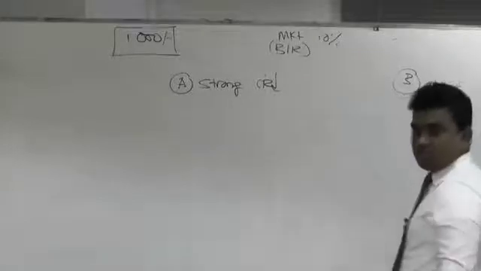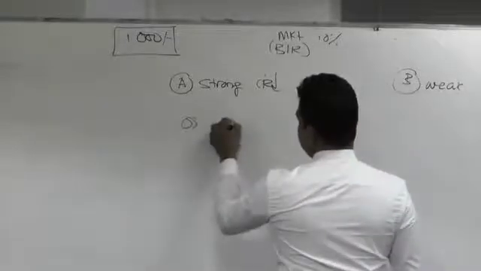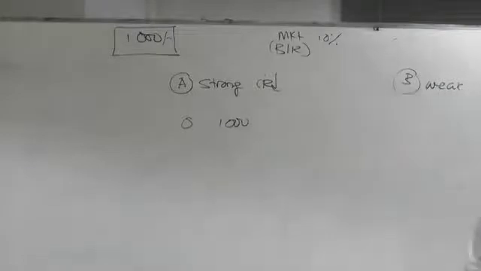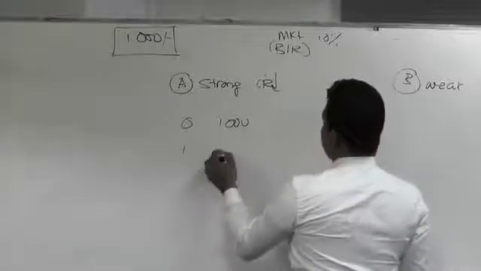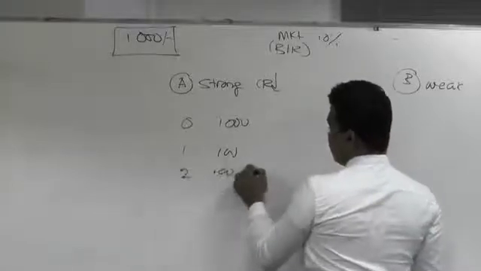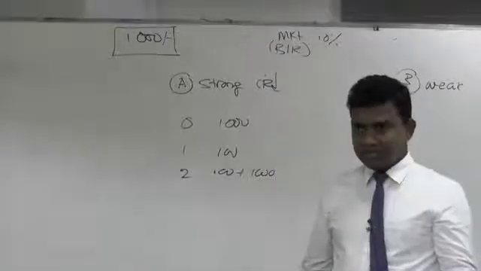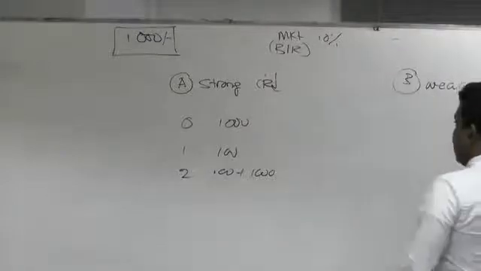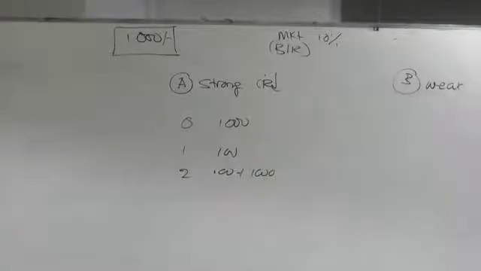Since they are strong, investors are easily attracted to the company. At year 0 they will collect 1,000, no issue. Got it? And they will agree to pay the market interest rate. First year they pay 100, second year they pay 100 plus the principal. No need to pay a premium because they are a strong company, right? Clear? Now tell me, what is the IRR for these cash flows? It will be 10.